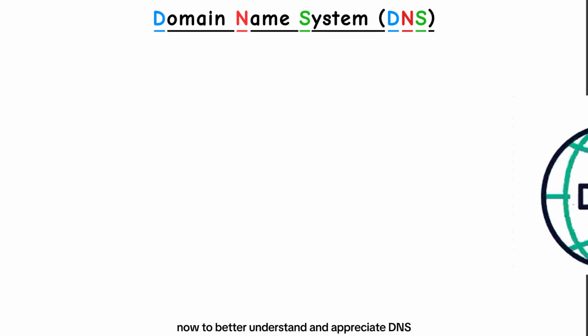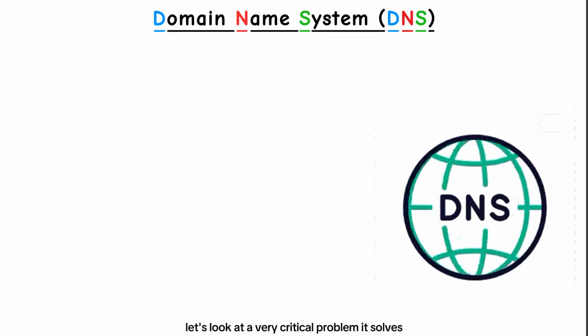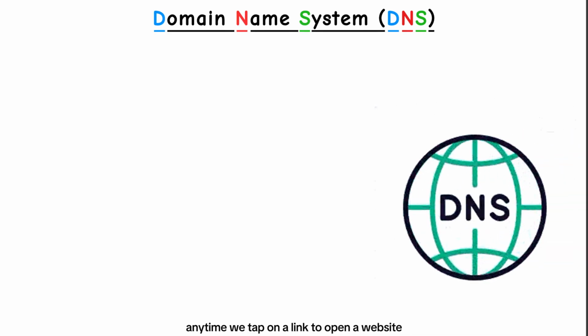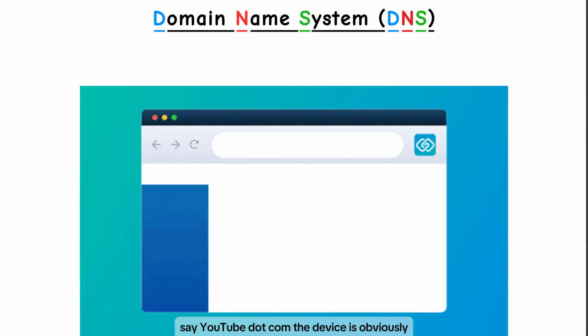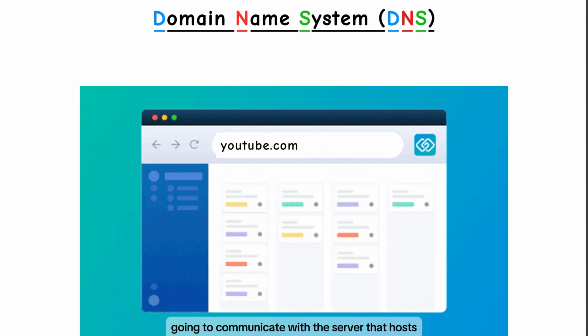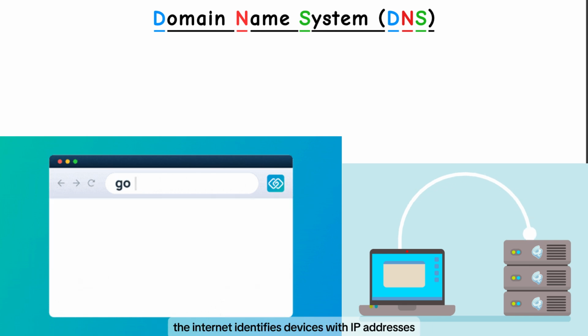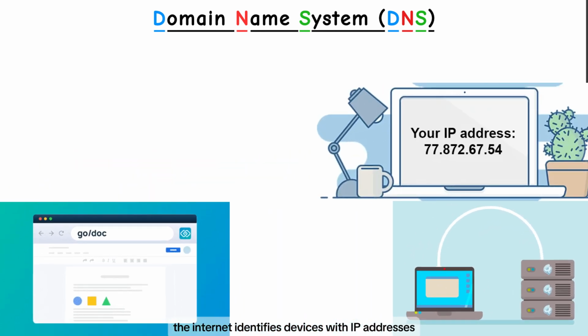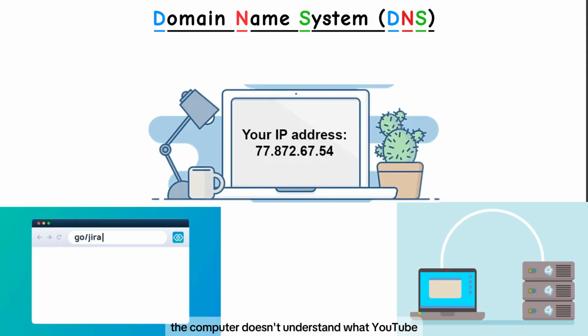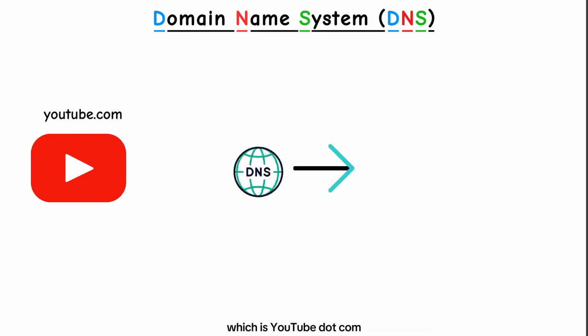Now, to better understand and appreciate DNS, let's look at a very critical problem it solves. Anytime we tap on a link to open a website, say youtube.com, a device is obviously going to communicate with the server that hosts the website. And as you've learned from previous videos, the internet identifies devices with IP addresses. So in essence, the computer doesn't understand what youtube.com means. It is DNS that maps the domain name, which is youtube.com, to the corresponding IP address of the server hosting